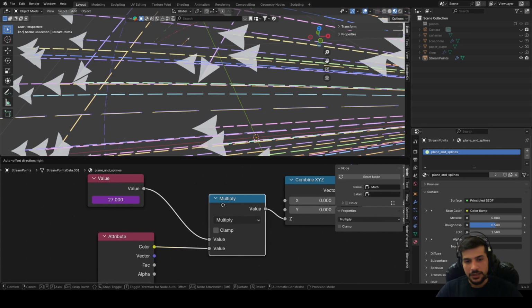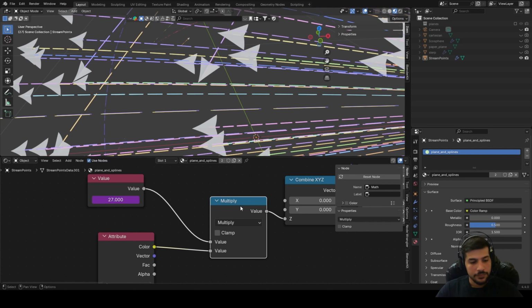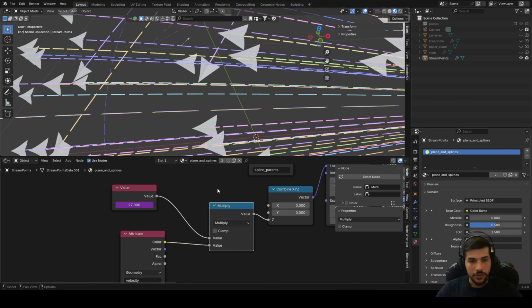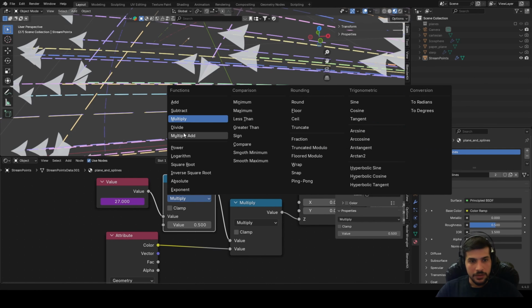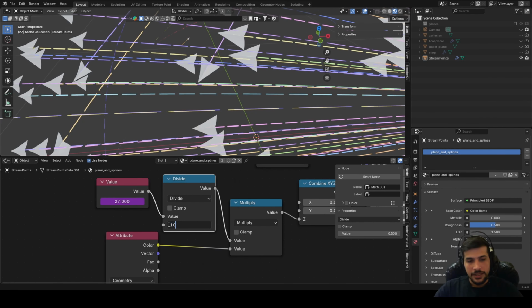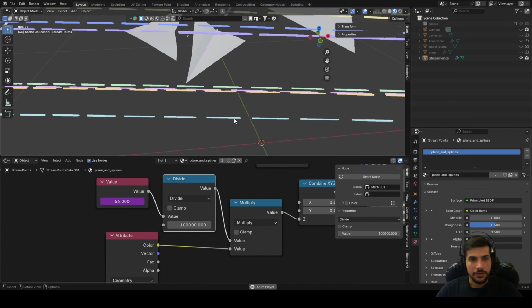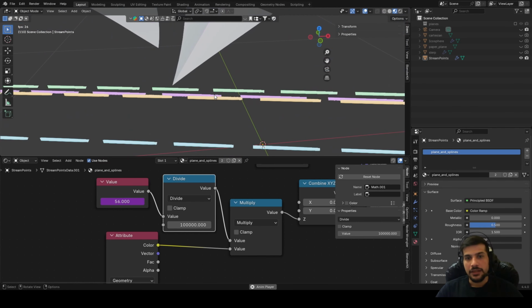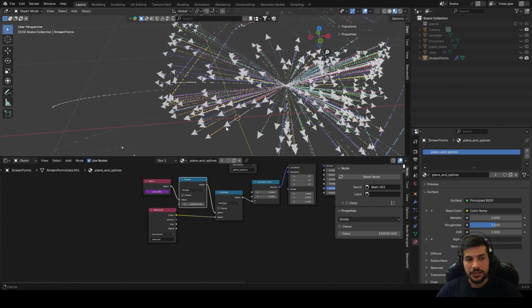I can obviously scale it down here. So what's going on right here? I'm gonna divide this by say 100,000, and if I click play, you can see that the dash lines move, but they move at different speeds based on the velocity of each of the aircrafts. Now that we have this,